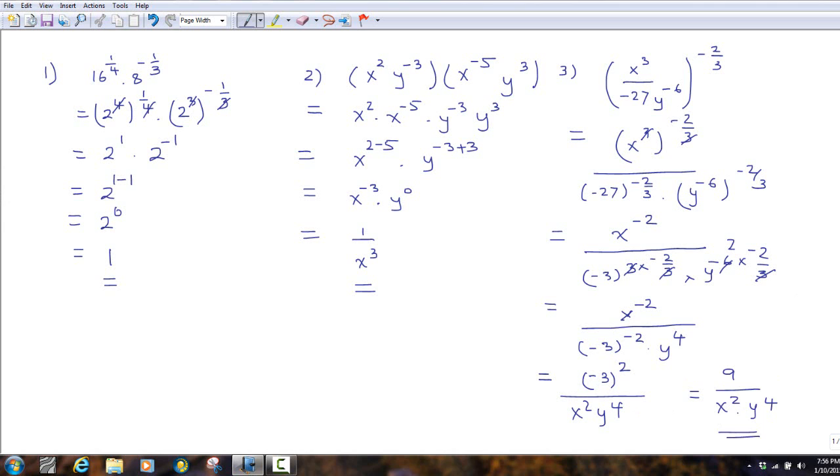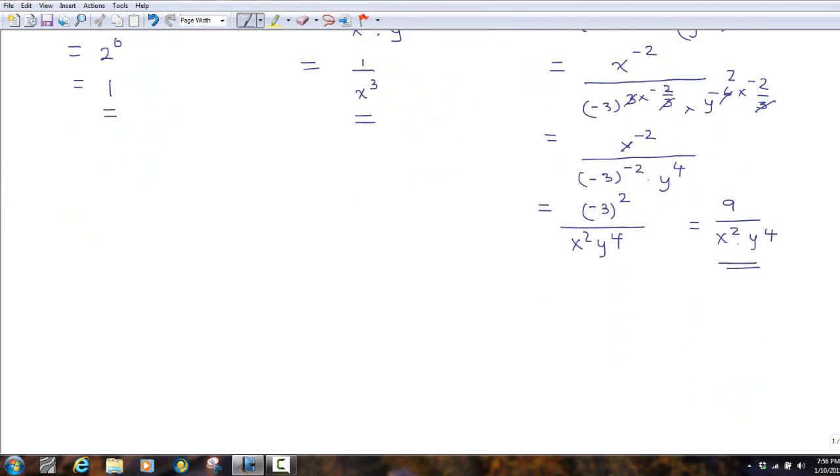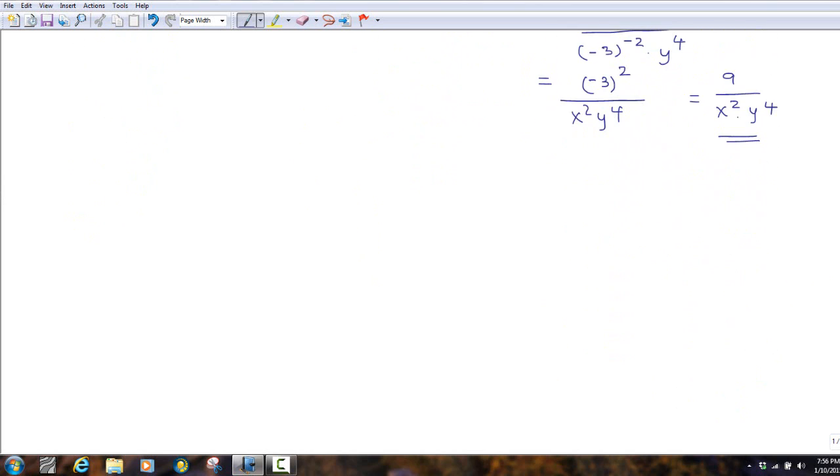Okay, so we use some laws of indices to simplify the algebraic expressions. In the following examples, I would like to show you how to rationalize the algebraic expression that involve the radical sign. So example 4. I would like to rationalize the denominator of